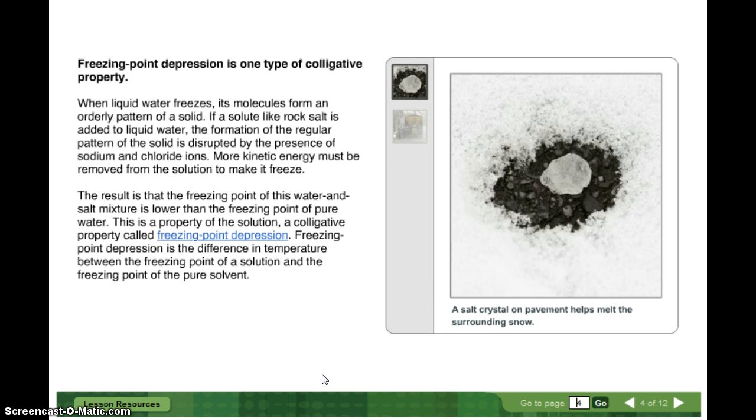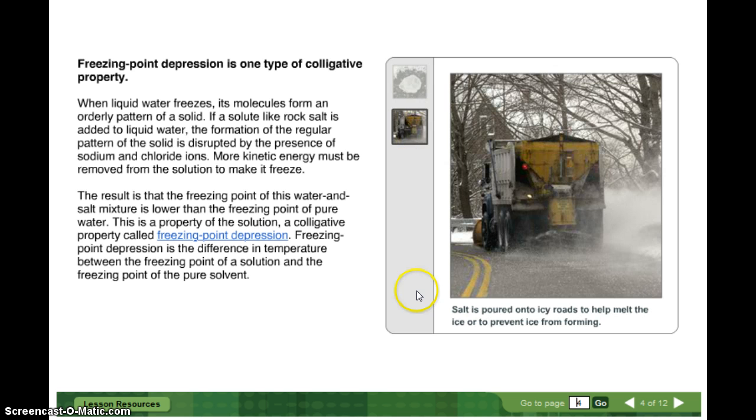Freezing point depression is one type of colligative property. So let's look at the picture. A salt crystal on pavement helps melt the surrounding snow. Salt is poured on icy roads to help melt the ice or prevent ice from forming. When liquid water freezes, its molecules form an orderly pattern of a solid. If a solute like rock salt is added to liquid water, the formation of the regular